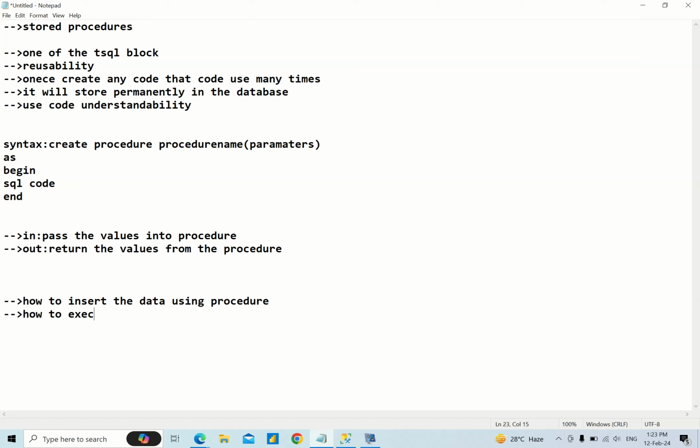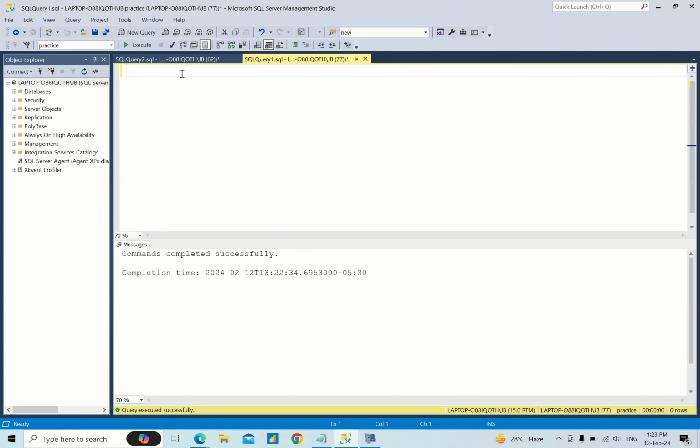Using a procedure, how to execute multiple statements. That means we can execute insert, update, delete, select, all these statements at a time. Okay na? For that, first take the